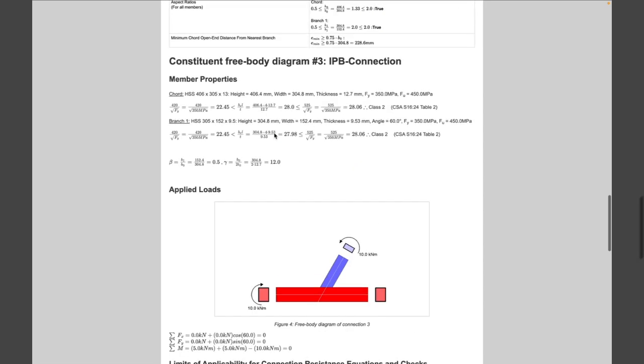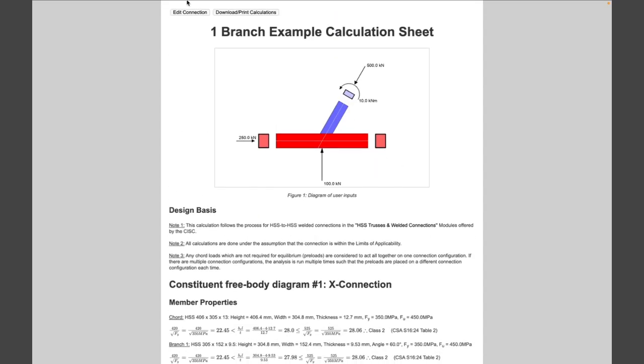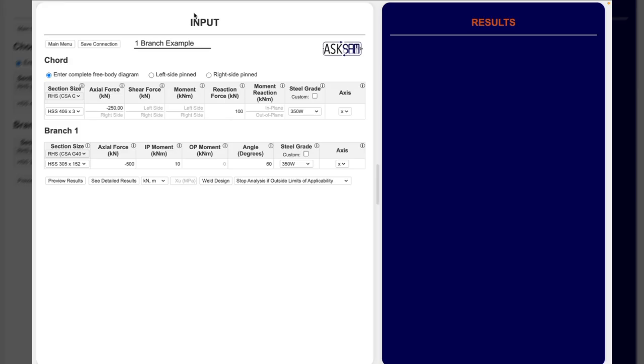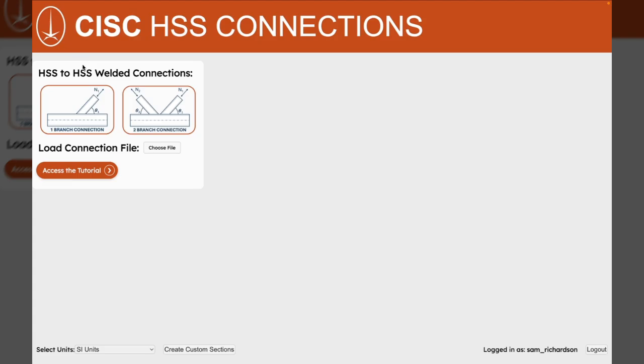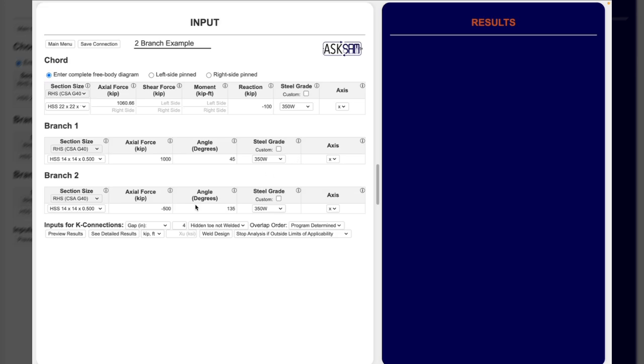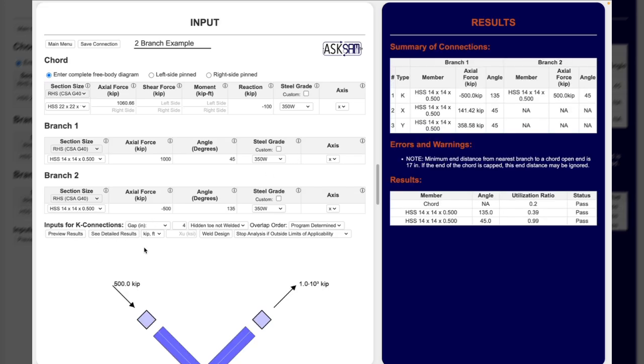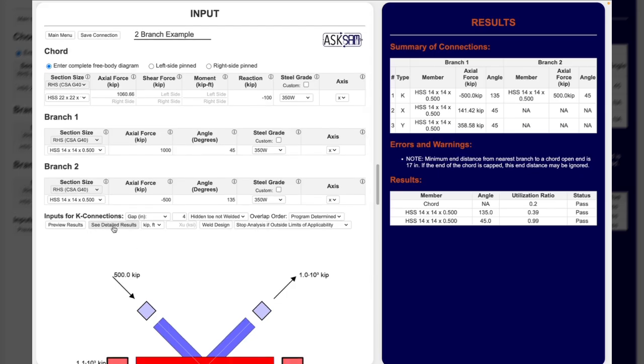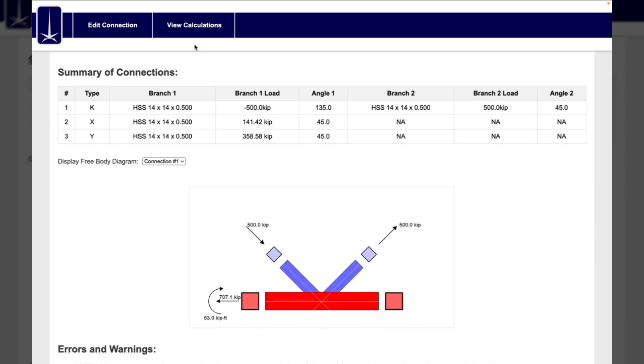You can see here how all units are in kilonewtons and millimeters. Well, millimeters for the area, but kilonewtons here, and then we have kilonewton meters here. That's because of the units we selected in the inputs page. And you can see that if we go to our other connection, where we have this connection here, we're now using imperial units. So now, if we go over to the calculation sheet,